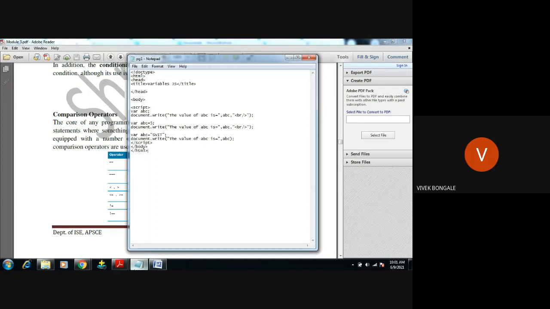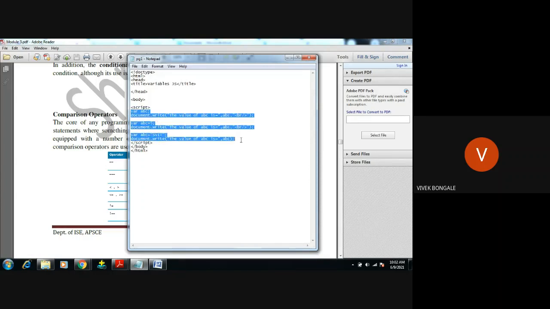By the name, we're going to compare any two values. If those two values are the same or equal, the result will be Boolean, true or false. If it is equal, it will display true. If it is not equal, it will give false. We'll see that in the program.